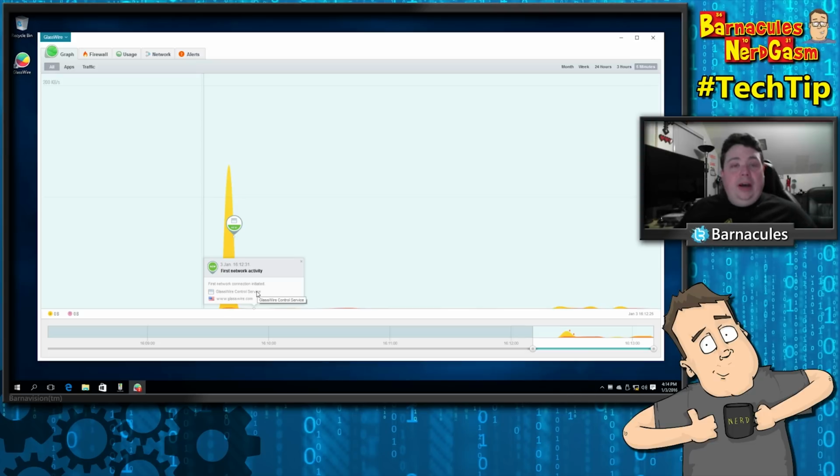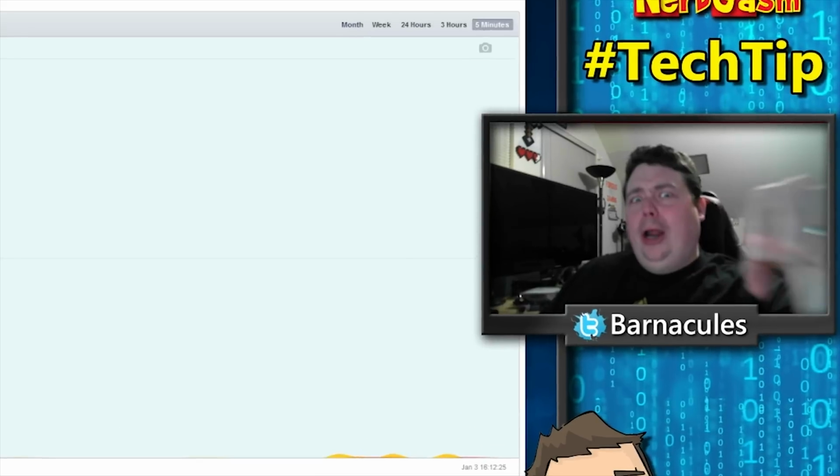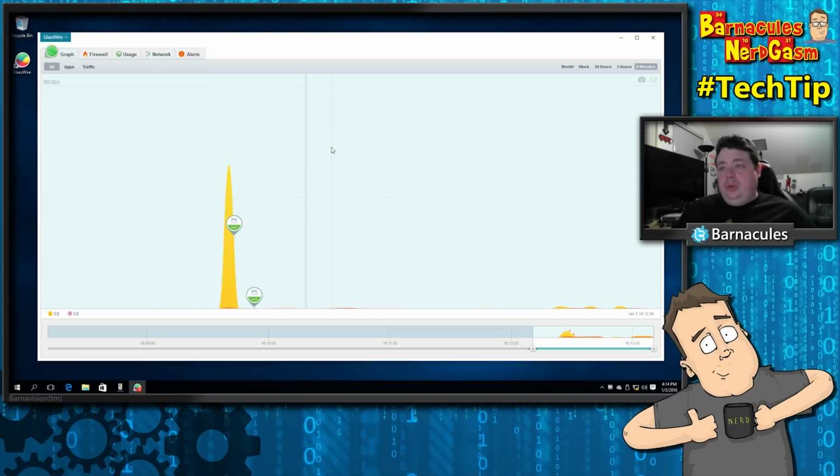I already talked to the founder of GlassWire, and he assured me that the only connectivity between GlassWire and the server is to check for a newer version. Don't worry, they are not stealing your data. I mean, they're not Microsoft after all. Burn! All right, so I can go ahead and click anywhere on this graph with the right mouse button, and